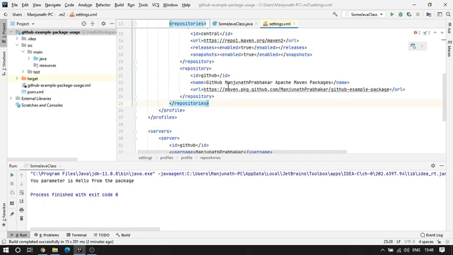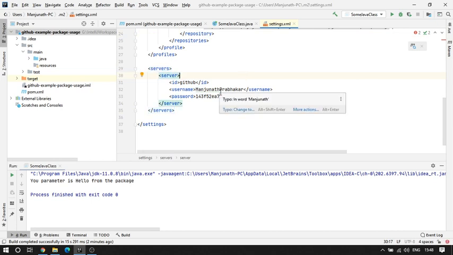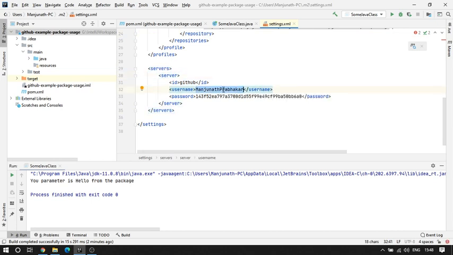Okay. So what I'll do is, if I run it now, since I've given only access to this, let's see if it is going to work or not. Still, my access is there. Since the project is public, even if you change to your username and your personal access token, it has to work. So I'm going to do a Maven refresh.